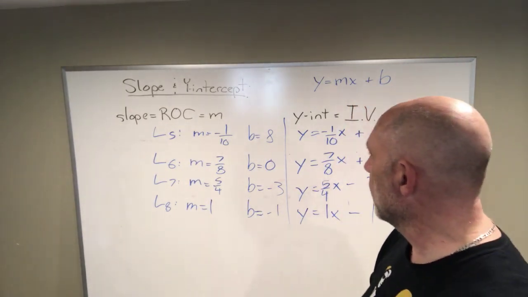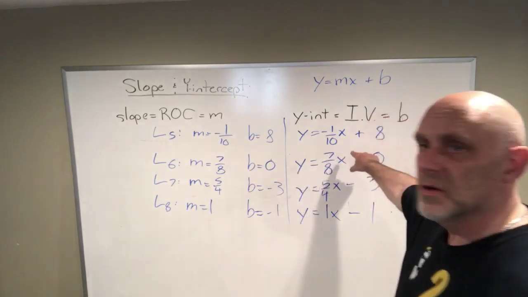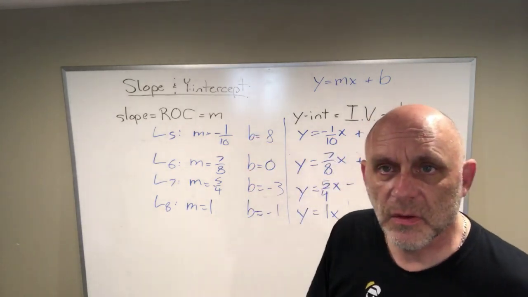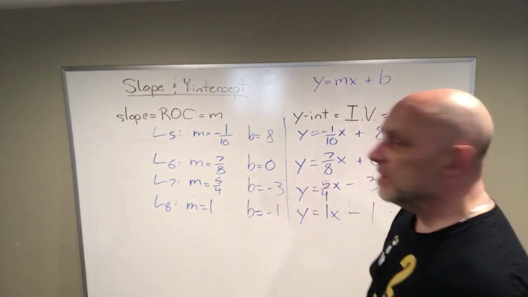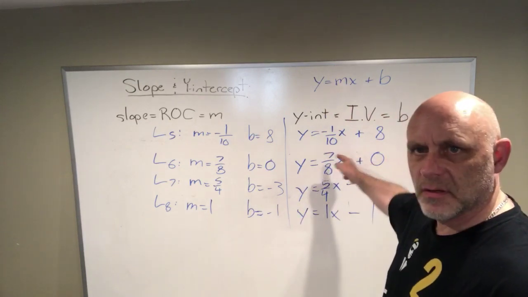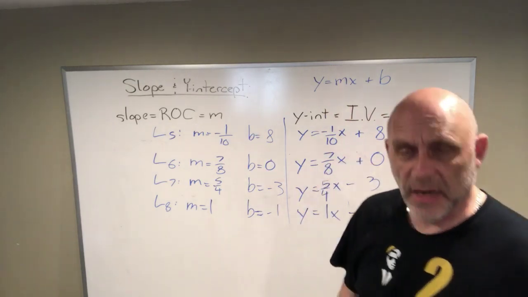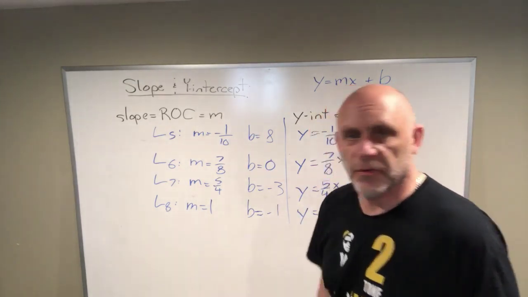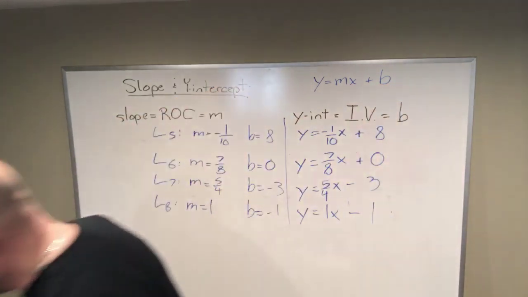Next, I want to go over how do we take this, write it on a graph. How do we look at a graph of a line and get that? Easy. You'll get it. All right? So let's stop this for now. This is going to be the first in the series, and then